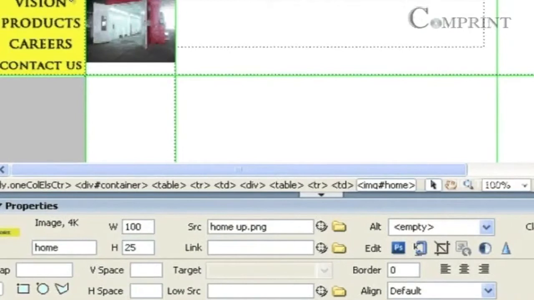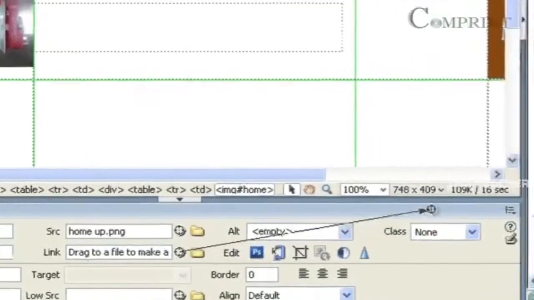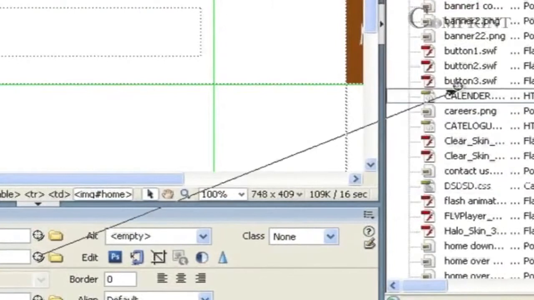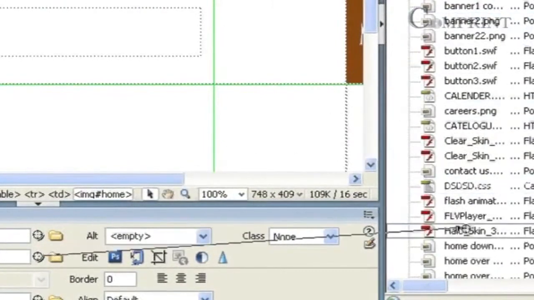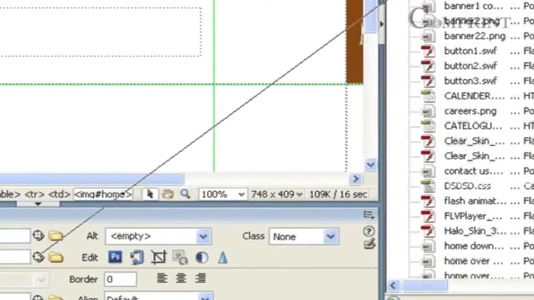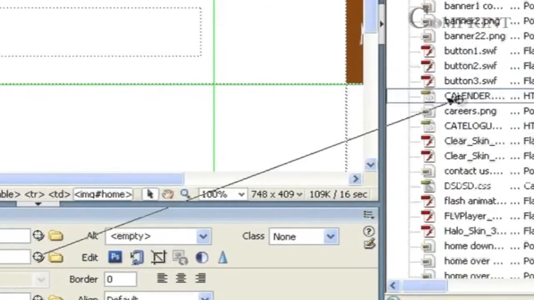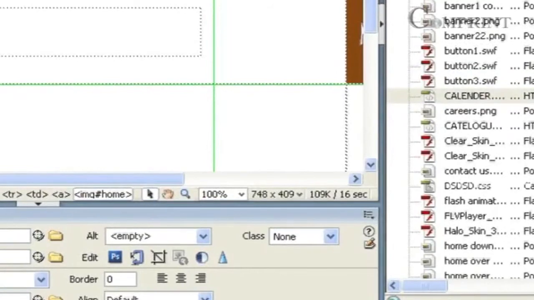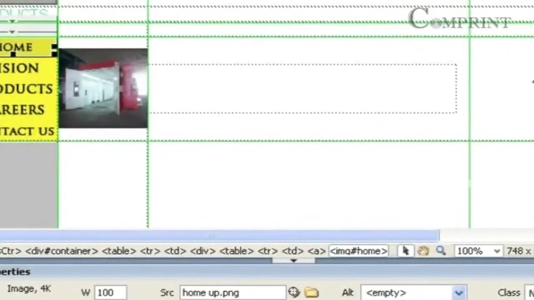If we want to set a link to this button, select it, and in the properties bar under the link, we can either choose the file by clicking on this browse, or by using this point to file option, we can directly drag the pointer to the file we are going to set the link to in this files panel. Say for example, I'm going to link it to a page named calendar. So here we can see that calendar.html is linked to this home button.